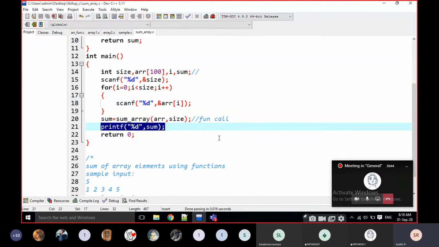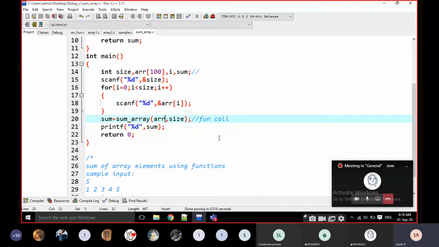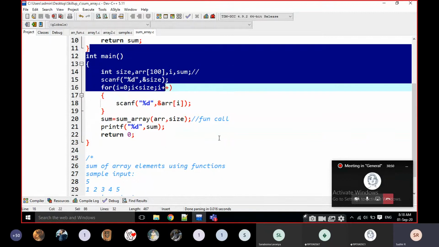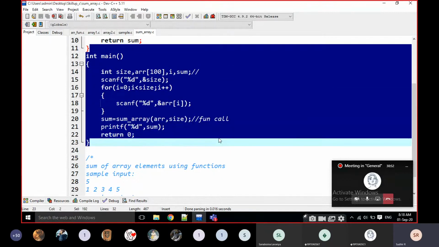Now I am going to write the main logic, how I am going to calculate the values. Just note down the main function first of all.